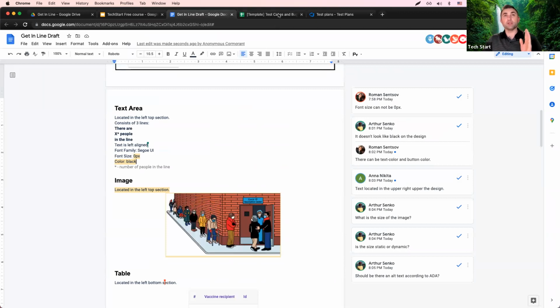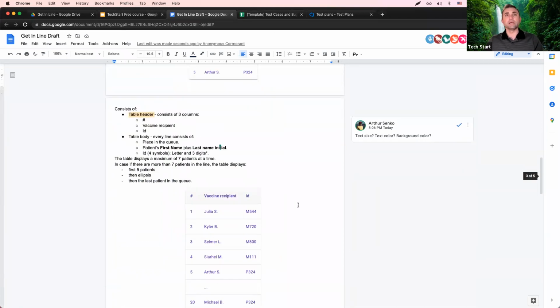When you have a final document, don't start working on the test cases before Thursday, because you will not have the final document yet, and you will just wait for some answers, and it will not be a clear test case document. So just wait till Thursday, and after Thursday you can start working on the test cases when the document is final and clear. Okay, so yeah, the first step, I will actually send the homework in the chat as well,